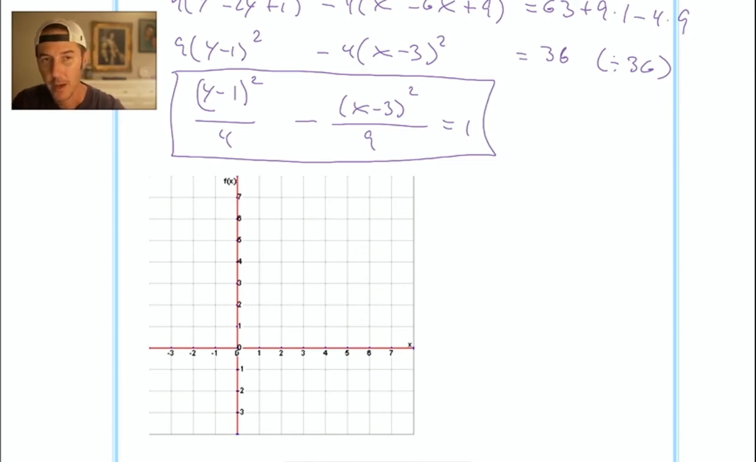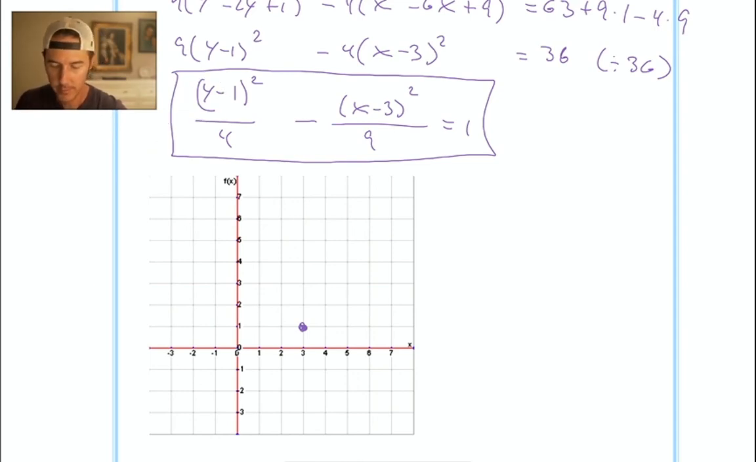X coordinate is positive 3, y coordinate is positive 1. So I'm going to plot a point at 3, 1. And then, is the hyperbola concave up and down or left and right? Does it look like this or does it look like this? Since it leads with a y,